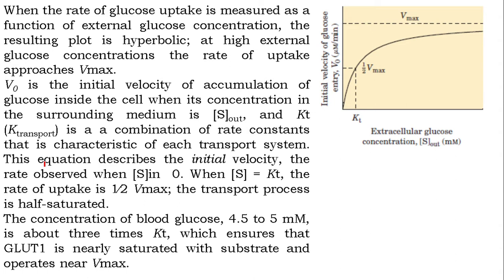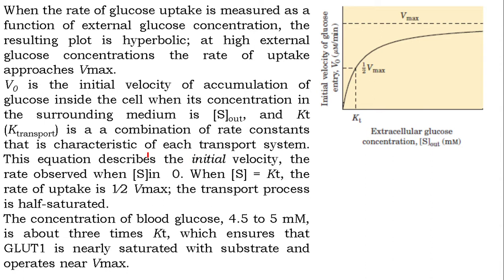And again, you will study in your semester 3 enzyme kinetics. Then you will study such a graph, that initially when the concentration increases, the rate also increases. Finally, a moment will come when further increase in concentration does not result in a proportionate increase in the rate of the reaction. This is actually Michaelis-Menten equation and a corresponding graph for enzyme action. But the same graph is applicable for this transportation of molecules using glucose transporter and other transporters.